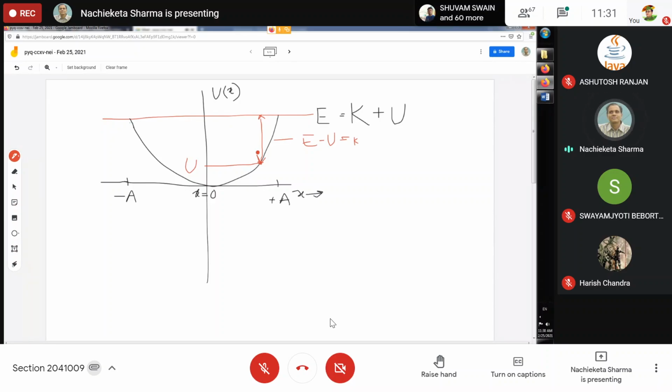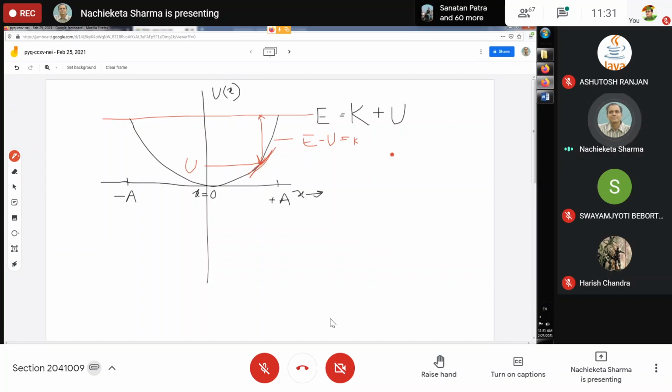Okay. So this we have discussed. At each point, the force Fx on the glider is equal to the negative of the slope of the Ux curve. Why? Suppose you want to find out the slope. Let us say, what does it imply? Suppose at this point, I want to find out this slope. So how am I going to find out this slope? The tangent. So I will take the tangent.